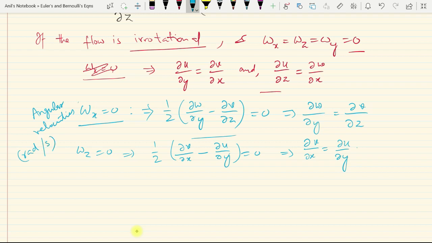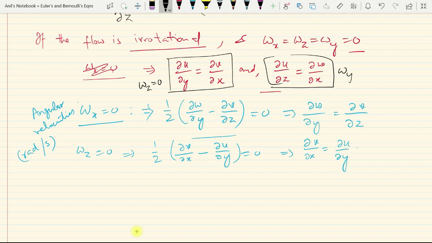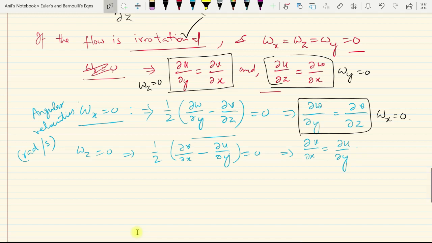So their units are radians per second. This has been obtained by taking omega z equal to 0. This is obtained from omega y equal to 0, and this is obtained from omega x equal to 0. So since the flow is irrotational, therefore angular velocities will be 0. If we move further, we will have this relationship